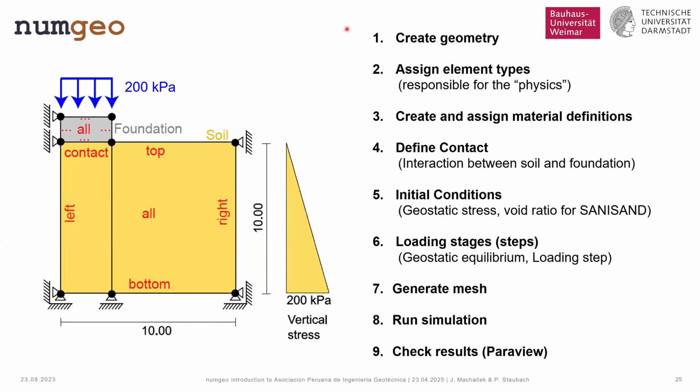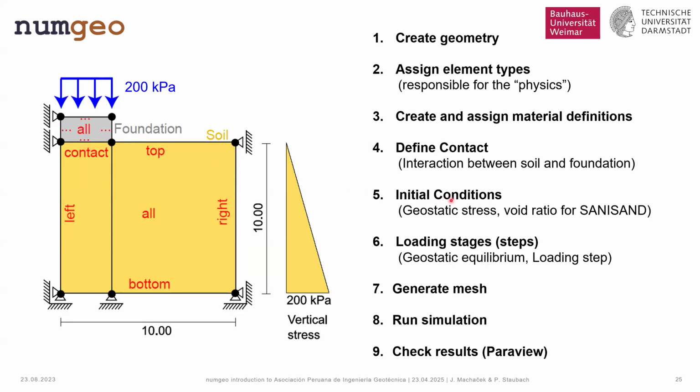Now, the steps that we will follow during this tutorial are these. We will first create the geometry, so we will create the soil and the foundation. We will then assign the element types, which will govern the physics that we are looking at. This will be very simple here since we're looking at a dry soil. Then in the third step, we will create the material definitions, so the SANISAND model and the elastic foundation, and we will then assign them to the different parts of the model. We then need in the fourth step to define the contact between the foundation and the soil,